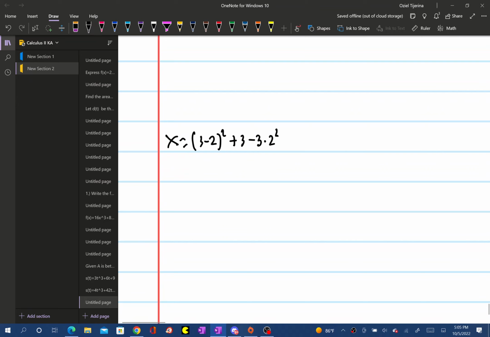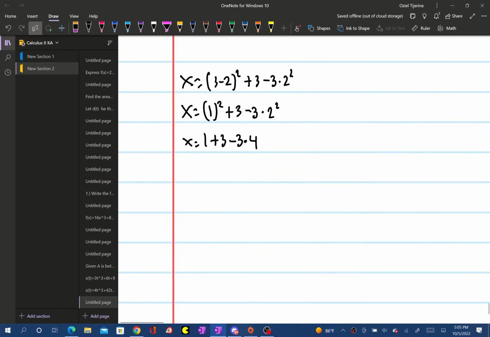Okay. This is x equals 1 squared plus 3 minus 3 times 2 squared. This is x equals 1 plus 3 minus 3 times 4. Okay. This is x equals 1 plus 3